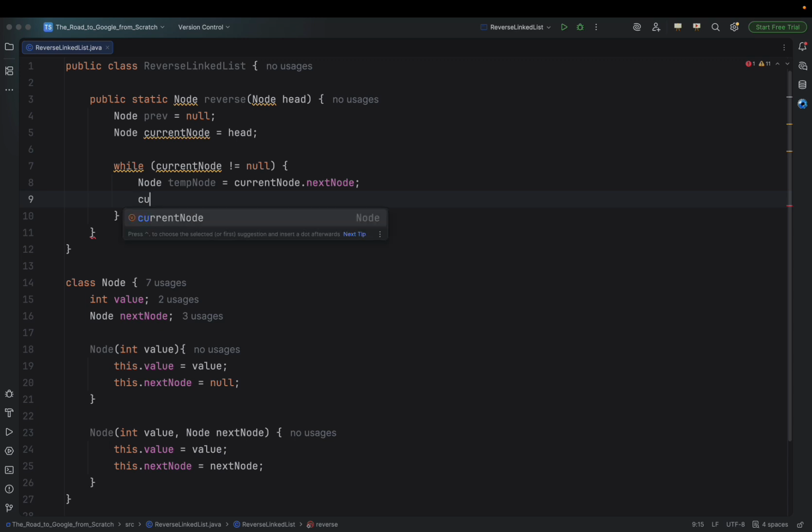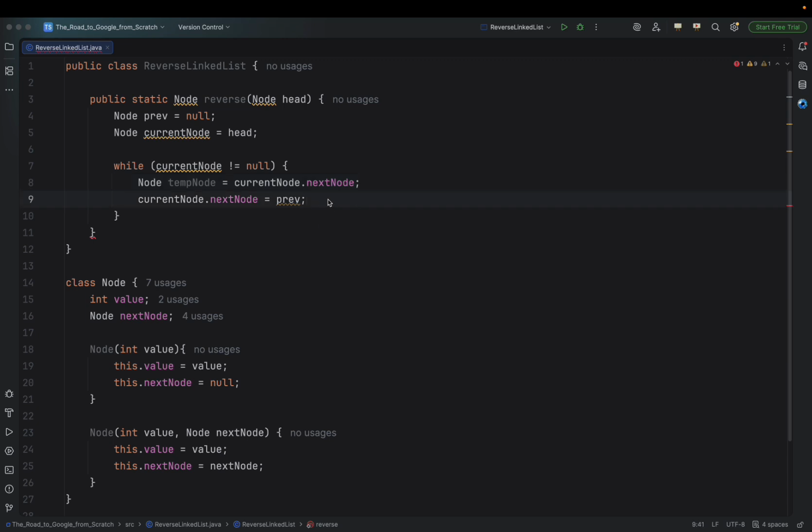Because right now for current node, we will change the address to the next element, and it will be equal to the previous node. Initially it's equal to null, and if we will not store the next node for the current node, we will lose it